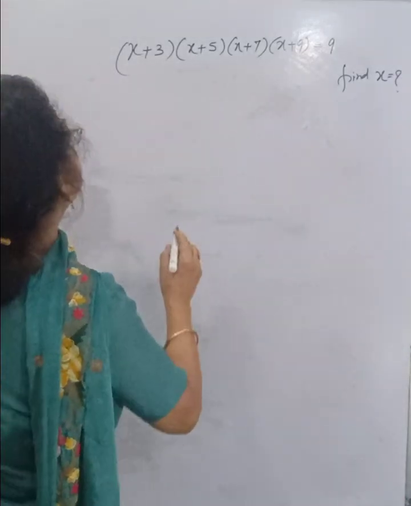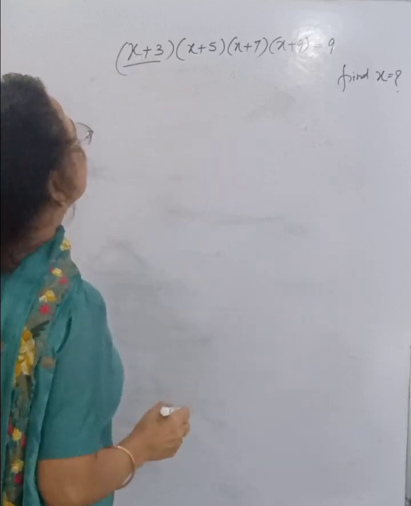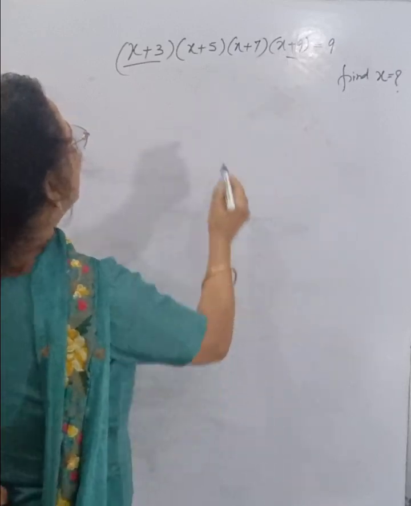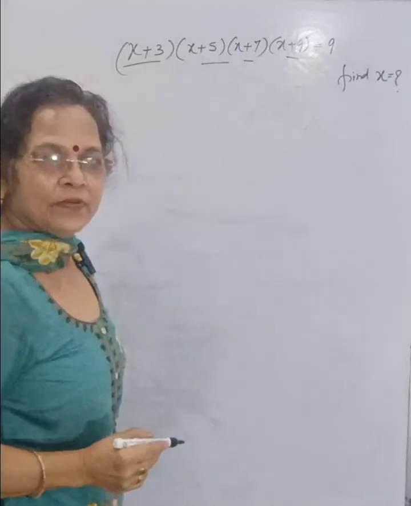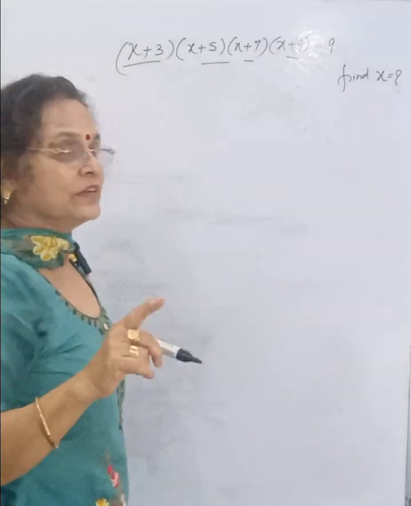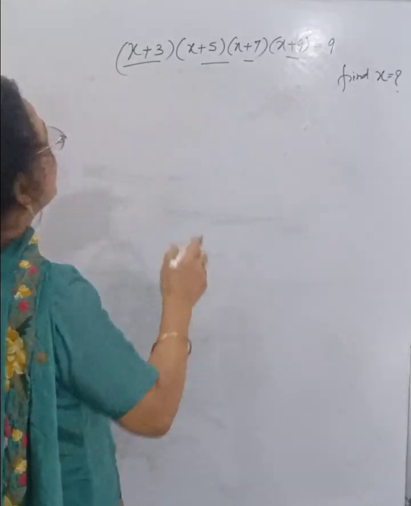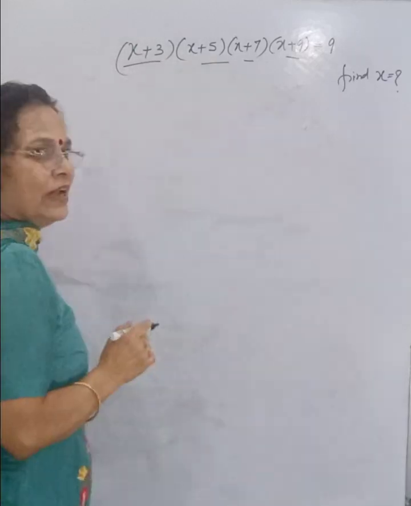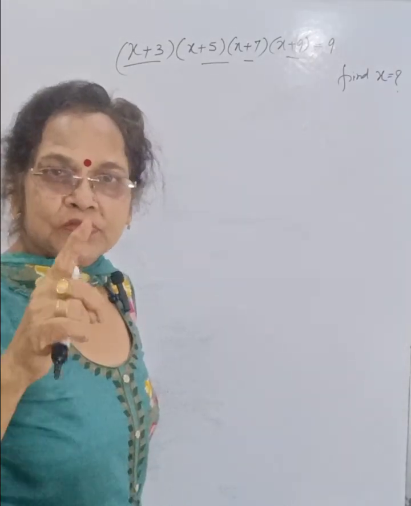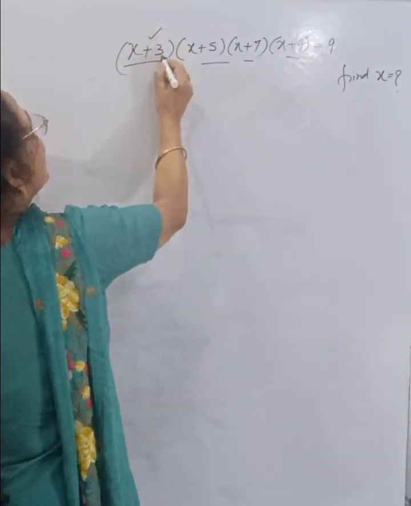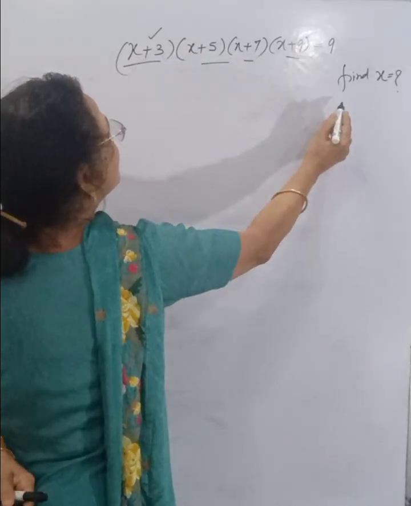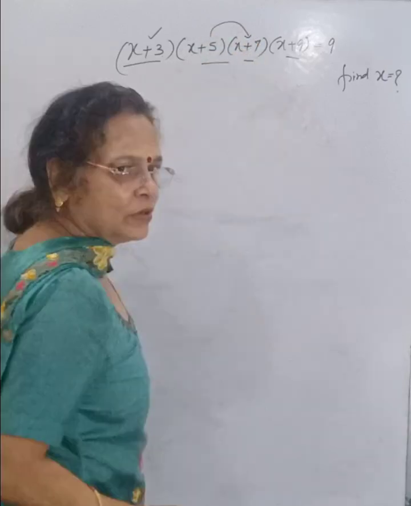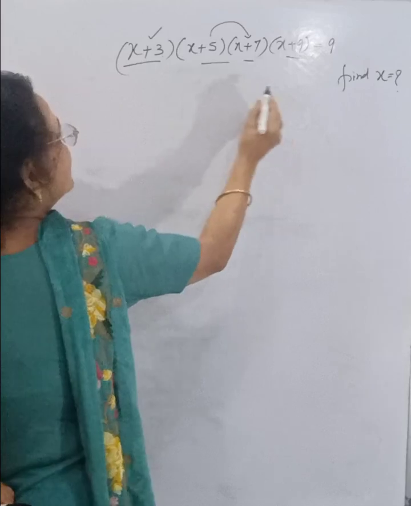This can be done as, how can it be done? 3 plus 9 is 12, and 5 plus 7 is also 12. Use this. It means that we are adding these two 12s and dividing by 2, which is equal to 6. These are the two factors: 3 and 9 add to 12, and 5 and 7 add to 12, divided by 2. Then we will get 6.